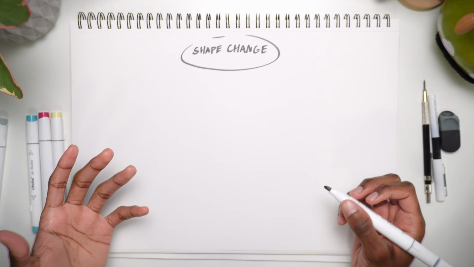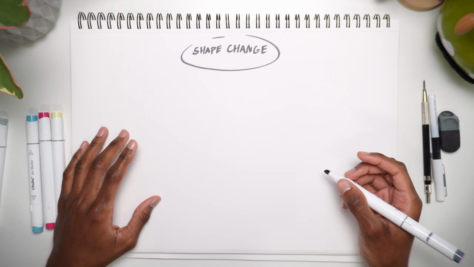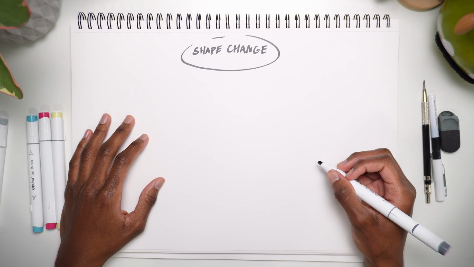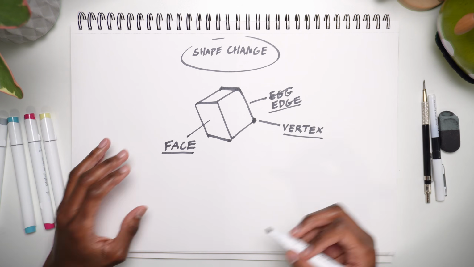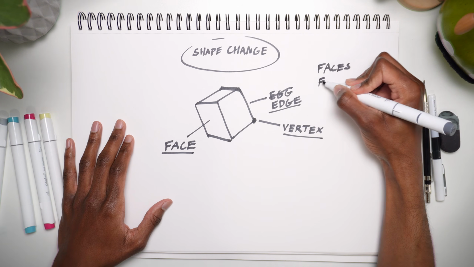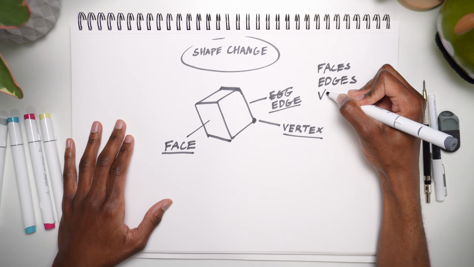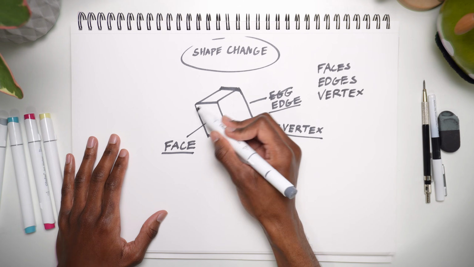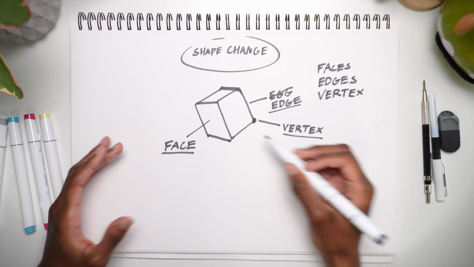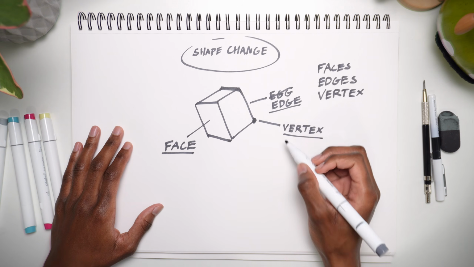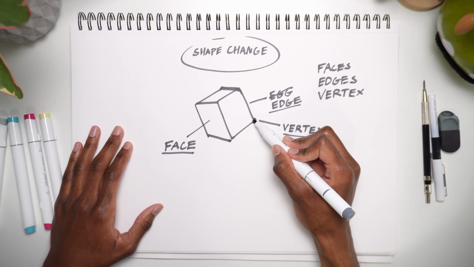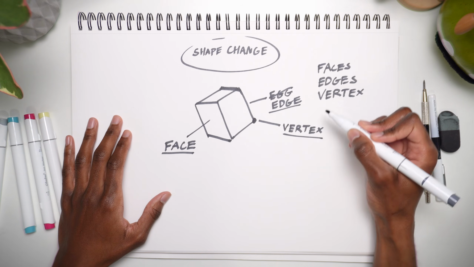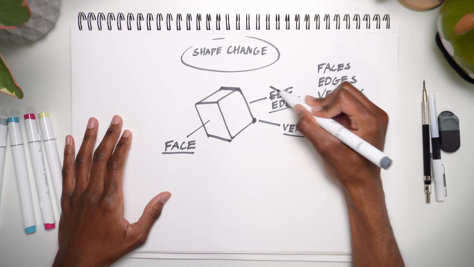In order to understand how we can change shapes, we need to know what they're made of. So let's take a look at all the parts of a shape. Shapes have three main parts: faces, edges, and vertices. Faces are the large areas surrounded by vertices and edges. Edges are these lines we see described here. And the vertices, or the vertex, are the corners. So we have faces, vertices, and edges, not eggs.